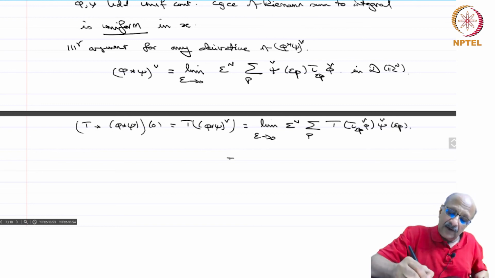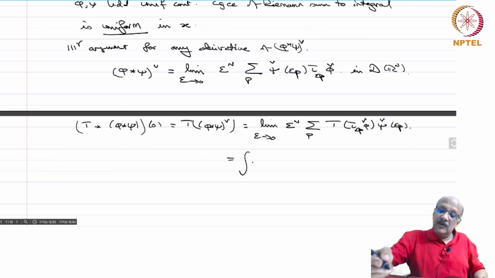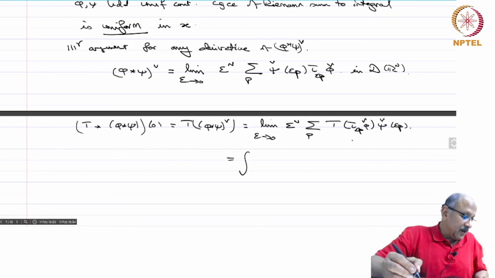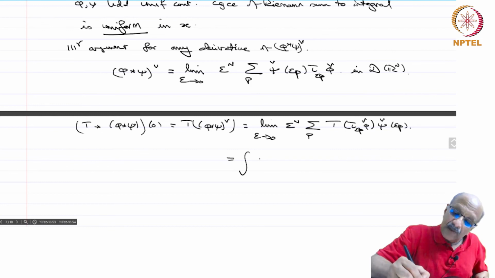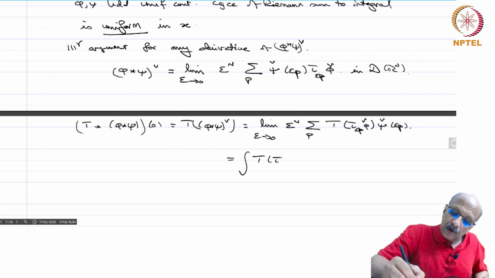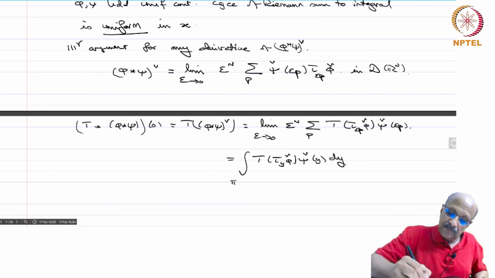And this limit is going to be an integral where you replace epsilon p by y. So this is nothing but the integral over Rn of T of tau y phi chesh, psi chesh of y dy,